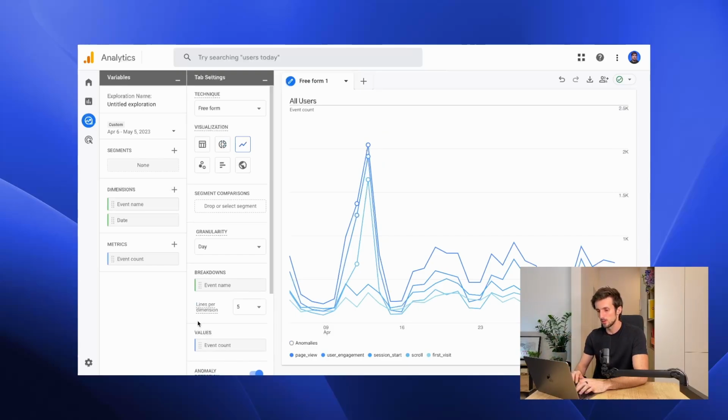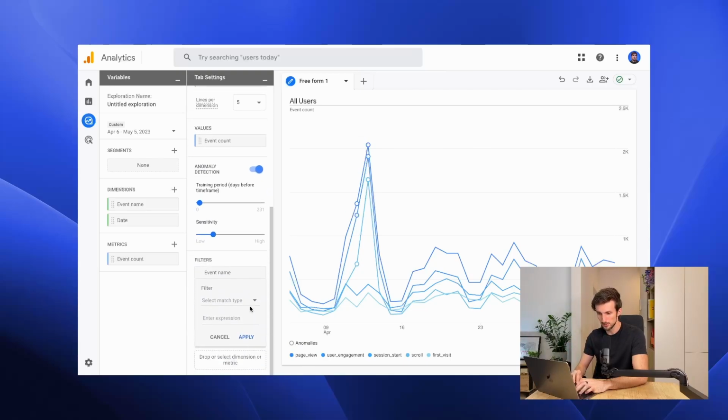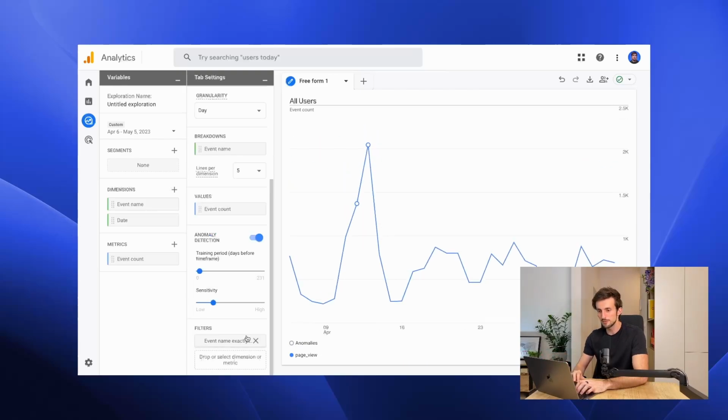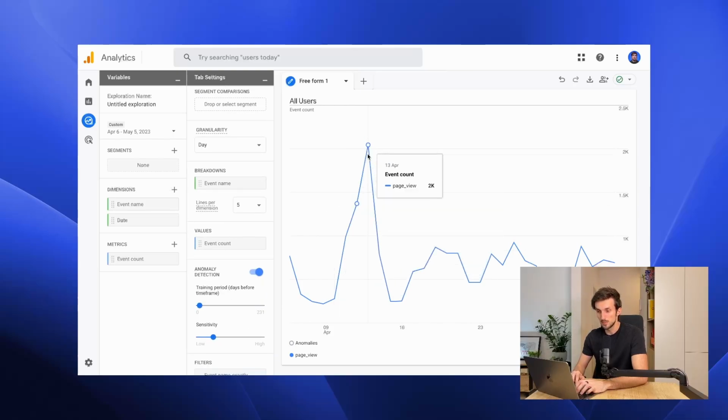So in this case, we are looking at event count by event name, but let's say we want to filter this to zoom in only on page views. So I will add a filter for event name that exactly matches page view. Apply. Now we see only page views. And as you can see, there was a huge spike on 13th of April,